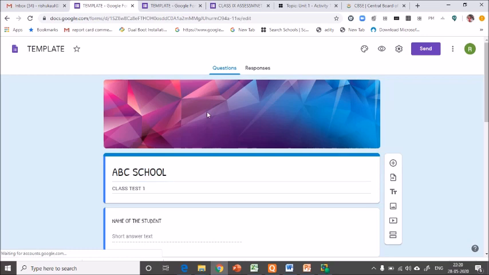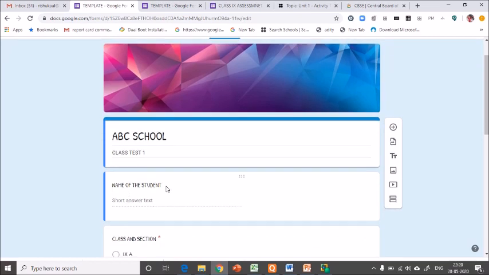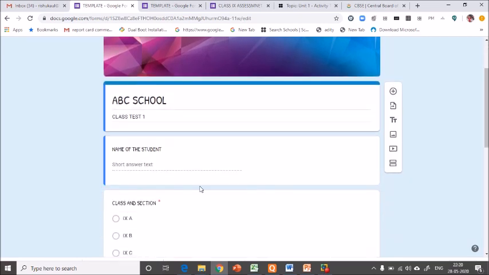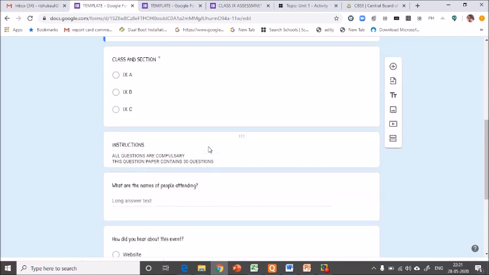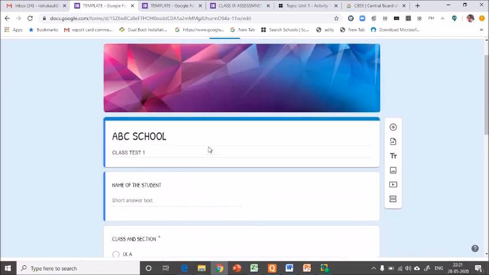Write down all the instructions, whatever heading you want to give, whatever logo you want to add. Do all the settings so that you don't have to write the same thing each and every time. So that is how you can easily copy assessments at any point of time and use them in future, because we are all creating online assessments and we have to write the same instructions again and again. So instead of copy pasting the instructions, you can create a copy of the same template. So save the format of your question paper as a template and use the same format whenever you want.